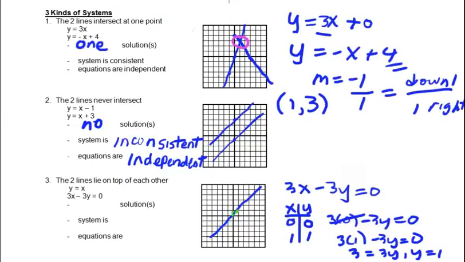And when we draw the line, we can see that this line is the same line as the other. And therefore, there are many, many points that lie on both lines at the same time. As a result, there are infinitely many solutions. And because there are many solutions, and there is at least one solution, we say that the system is consistent. However, because the two lines are identical to each other,